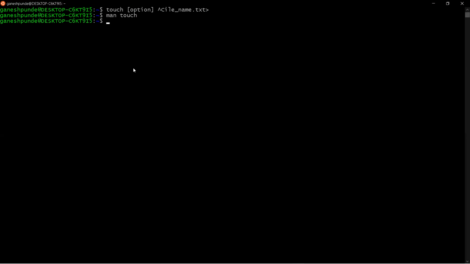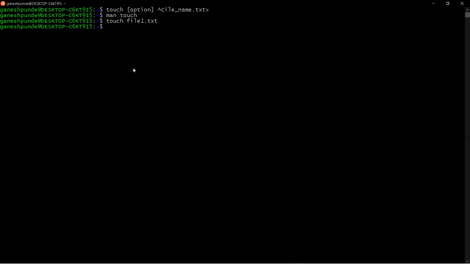Now you can see the Ubuntu command prompt, which is a dollar prompt. First of all, we will see how we can create the file using the touch command. So I'm saying touch and the name of the file, say file1.txt.